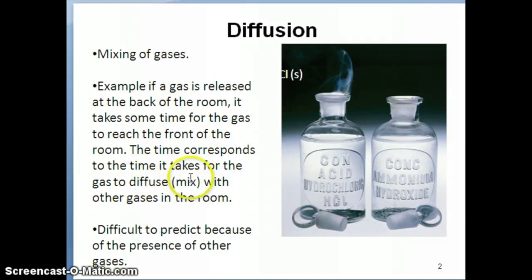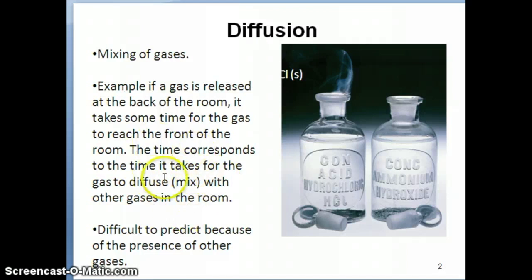And it takes some time for the perfume to get to the front of the room because perfume molecules are mixing with the other gases in the room, primarily air. You remember when we were making the root mean square velocity calculation, we found numbers that are really high. But then in the mean free path discussion, we said that the molecules themselves don't cover large distances, because the other gases are present, they start colliding with them, making them travel only a very short path before collision happens.